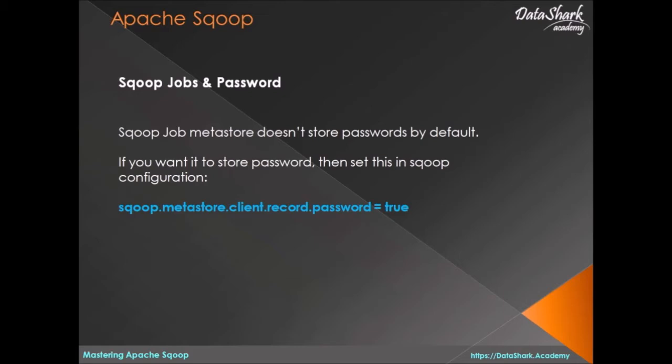Sqoop jobs has its own metastore, as we learned in the previous lesson. If your job requires a password, then every time you invoke the Sqoop job, it will prompt for the password, as we have seen in the last lecture. This may not be ideal for production-like applications, which are supposed to be running using Oozie Scheduler or some other